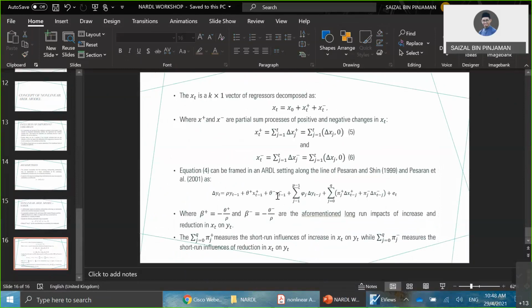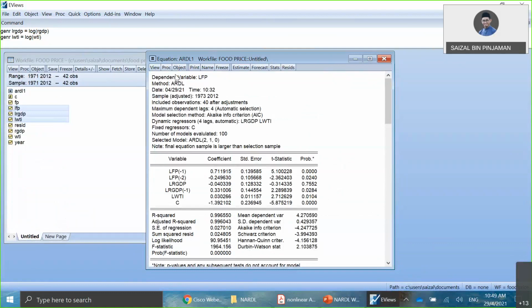So here, this is an ARDL setting. We simply frame the asymmetry of the independent variable in this ARDL platform or ARDL model to form the NARDL. So we look into the coefficient values to understand the long run as well as the short run relationship. So based on this ARDL model,